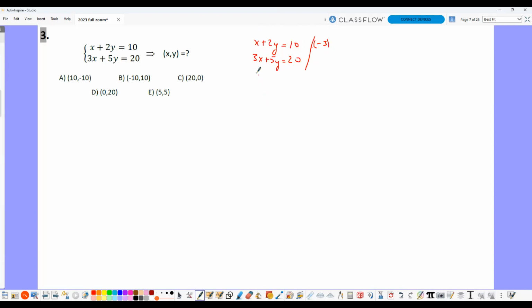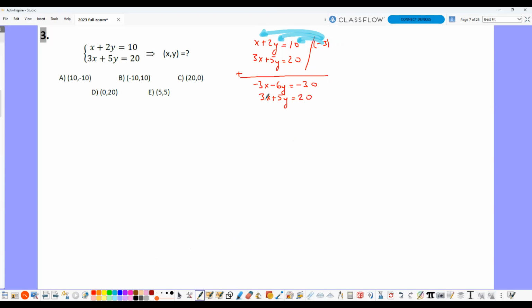So minus 3 times x is going to be minus 3x, minus 3 times 2y is going to be minus 6y, and minus 3 times 10 is equal to minus 30. So multiplying by the coefficient means you are going to multiply all the terms one by one. You understood that, I think. Here, I multiplied all the terms one by one. Okay, let's continue with the second part, which is 3x plus 5y is equal